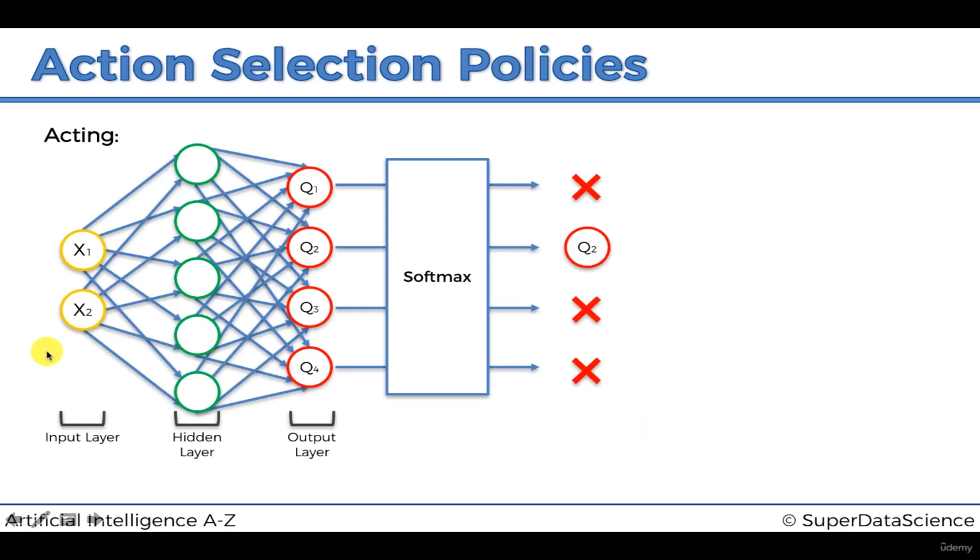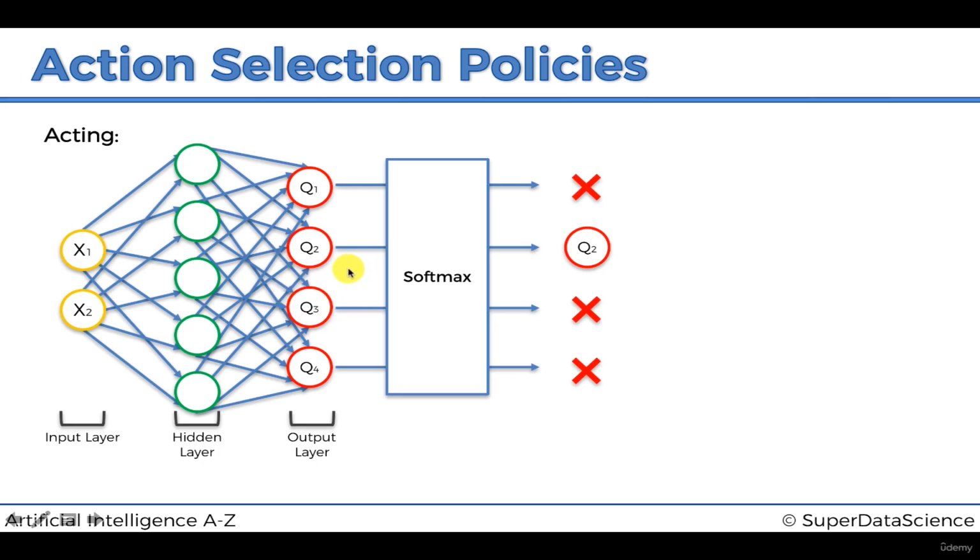So here we've got what we discussed about the acting, that once you input the values, the parameters or the vector describing the state the agent is currently in that environment, then that is after all the learning is done, or even before the learning is done, basically we get all the Q values. So we're not interested in the learning right now, we're interested in the acting. So once we have these Q values, how do we understand which one we need to use?